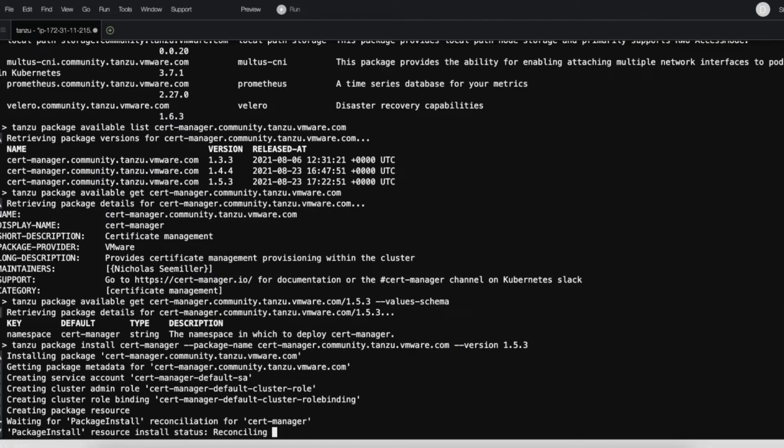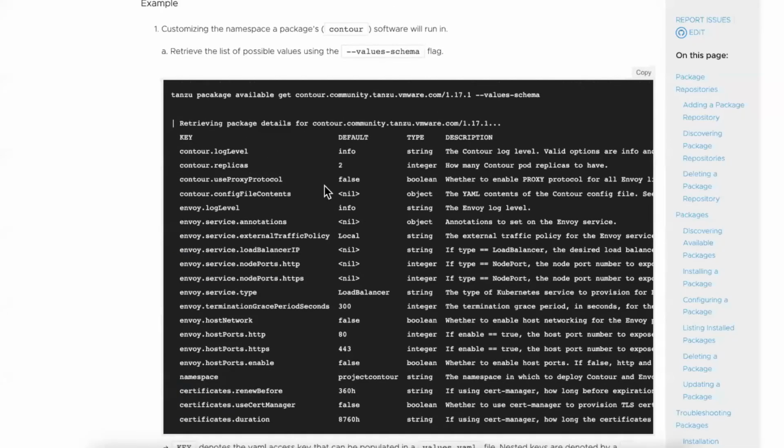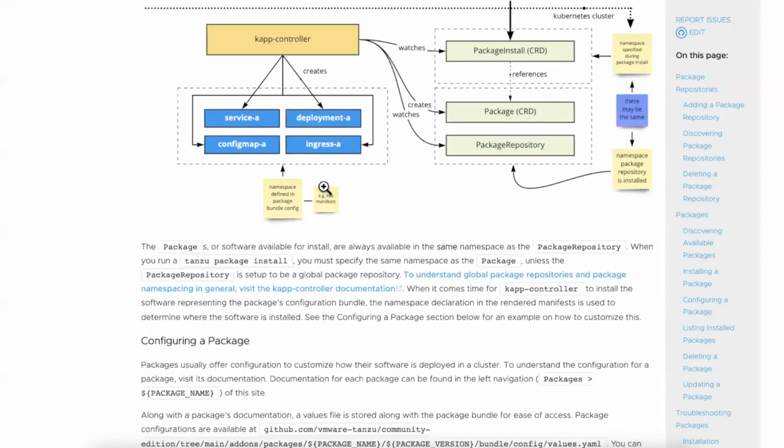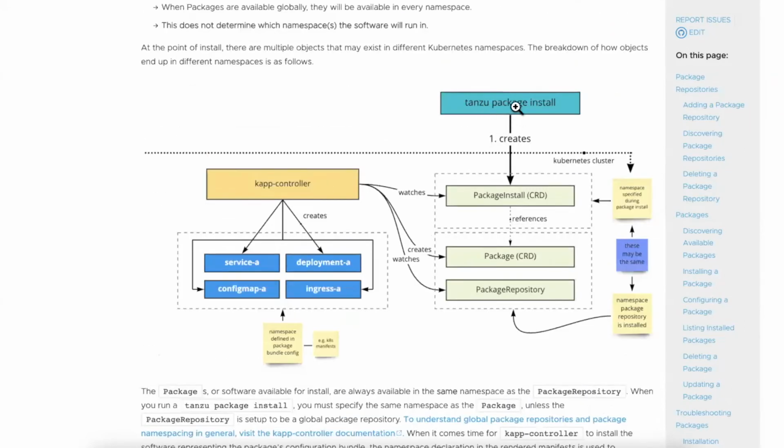And while it is running, if I go back to this diagram, let us just see what it is doing. So we ran the tanzu package install command. It created a package install CRD. Package install CRD is watched by kapp-controller. And before I started this demo, I installed kapp-controller on the EKS cluster. I'll put the link for you to understand how to install the kapp-controller, but this was already installed on my EKS cluster.